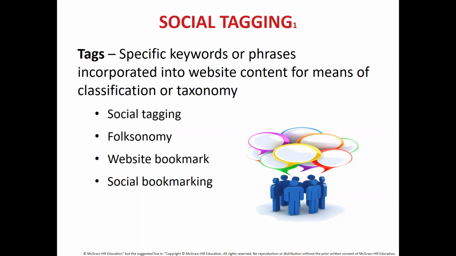You have folksonomy. Now, folksonomy is a keyword-based classification system. Example is Flickr. Flickr is, by the way, a photo sharing website where users create tags to mark resources. So if I go into Flickr and search for Fiji, it will give me all the pictures which are tagged as Fiji. So that's folksonomy.